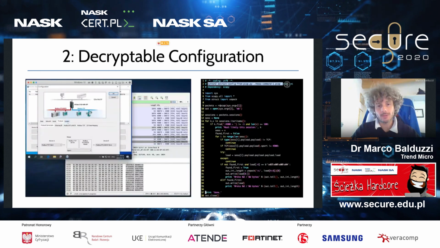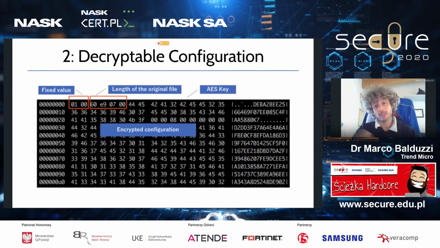The second one is the fact that the configuration itself is encrypted. So when an admin connects to the device and dumps the configuration information, yes, it's encrypted, but the key that is used for encryption is part of the configuration itself. So you have the encrypted configuration, which is encrypted with AES, and then you have the key, which is part of the configuration. So you can take the key out of the configuration blob and just decrypt the